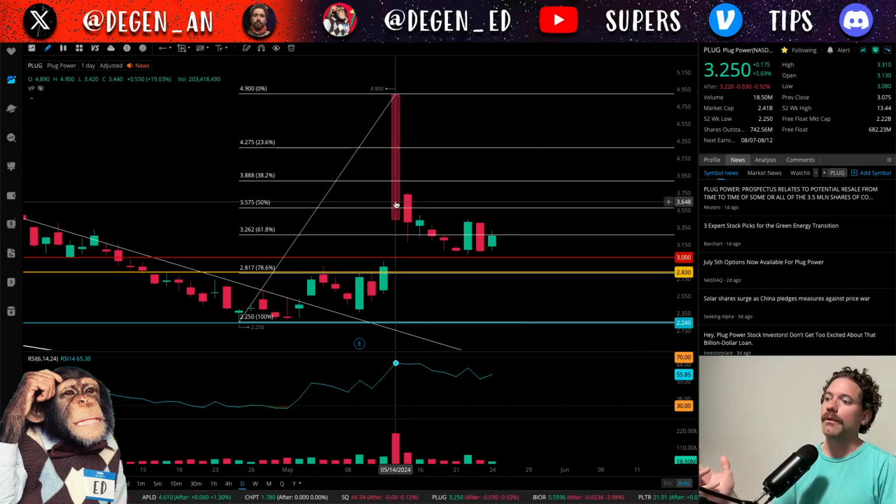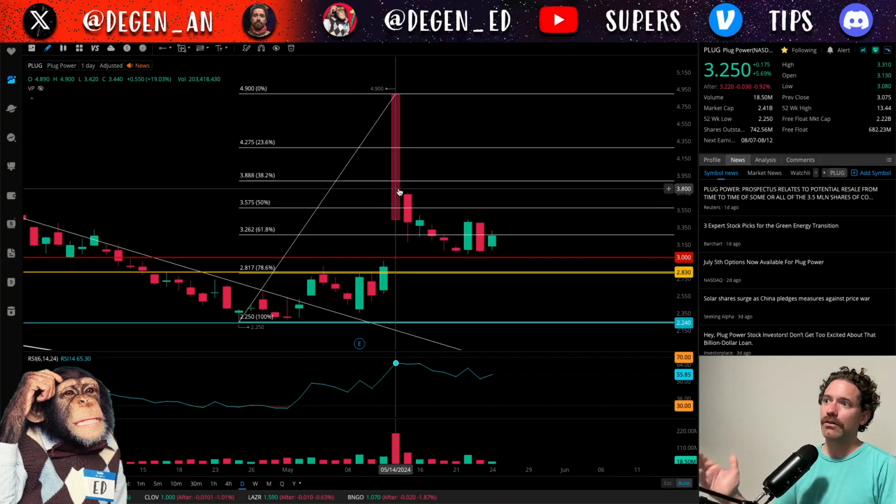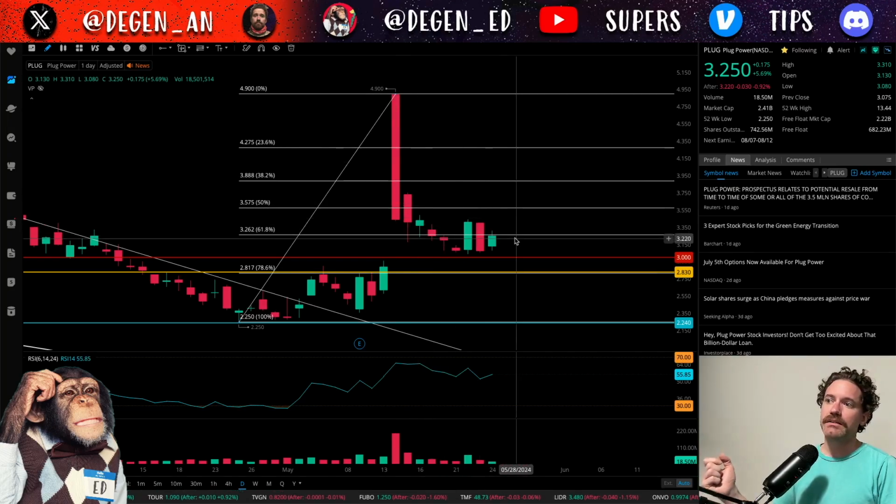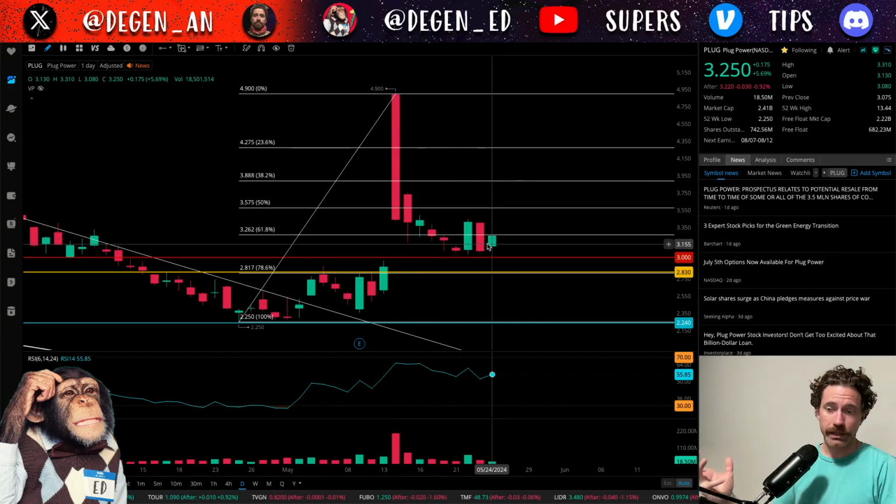the rally that we saw on or leading into the 14th of May when we did get this unfortunately pretty big red candle, but it was up on the day 19%, but getting rejected from $4.90. I do think that we will be heading back up there, getting into the fives, potentially into the sixes as well. But I do think in the meantime, price may need to consolidate down here a little bit before we